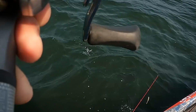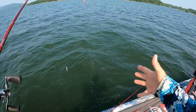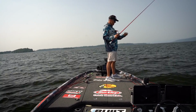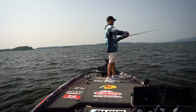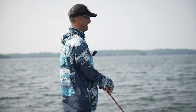What is that? That's what I'm seeing down there. Finally, it was a walleye. I was like, there's so many more fish down there than I'm catching, and that explains it. That was a big old walleye, a big one. There's just a lot more fish here than I've caught, and they just won't react